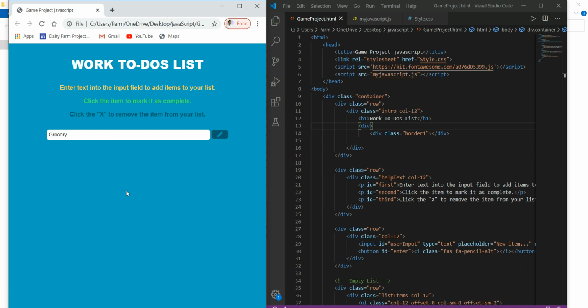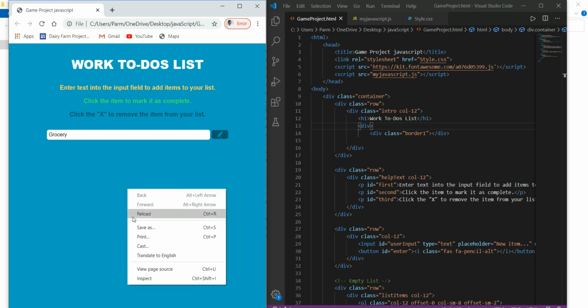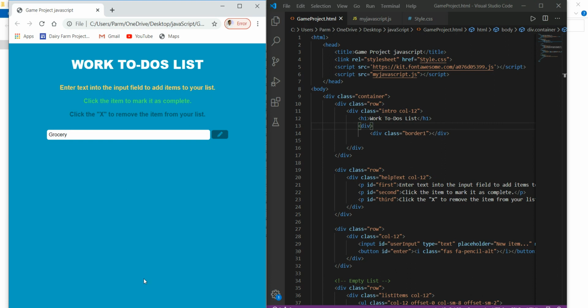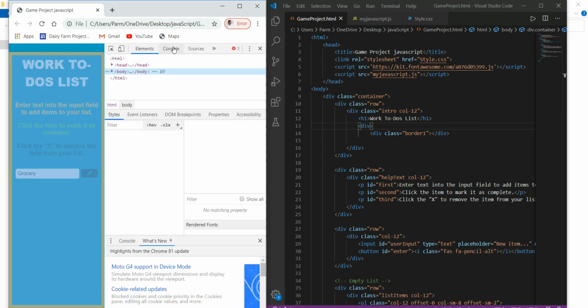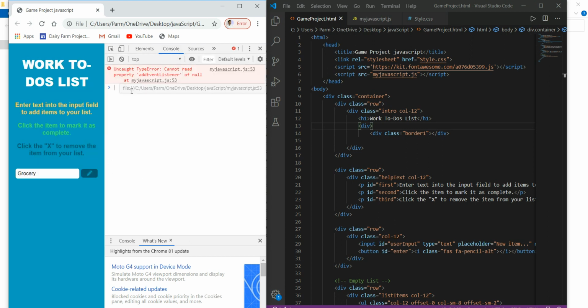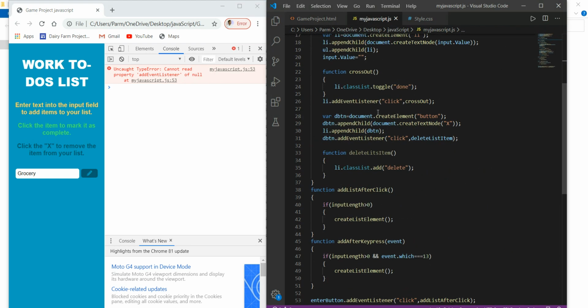There might be some error in our code. To view this error, we right click, then go to inspect, and then to the console. It says: cannot read property add event listener of null at my JavaScript line number 53. So open your JavaScript and go to line number 53.